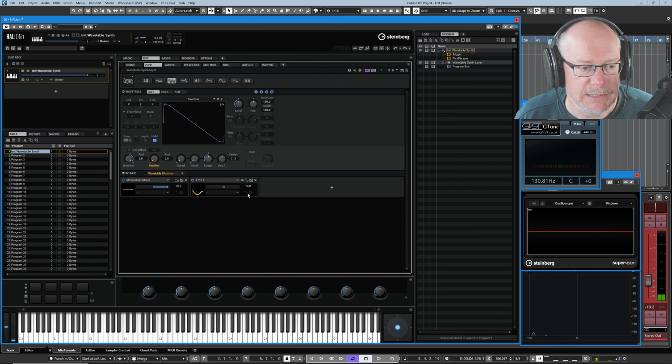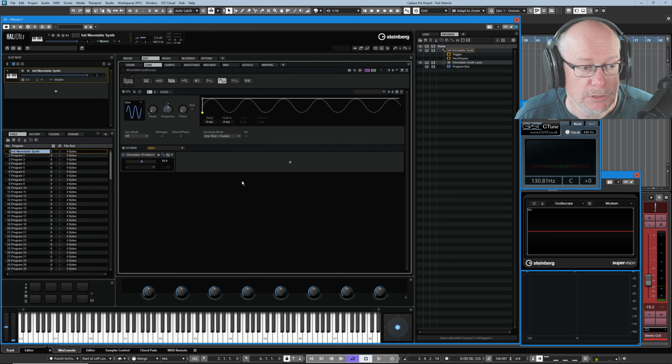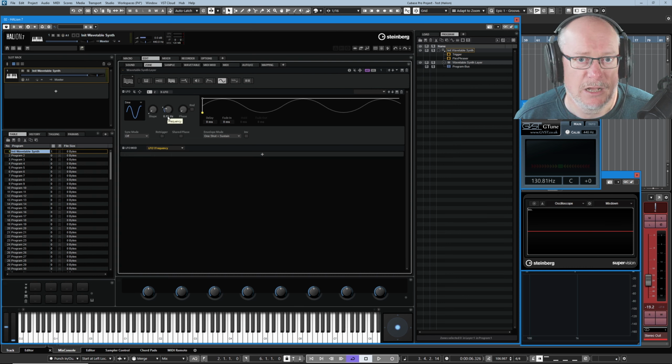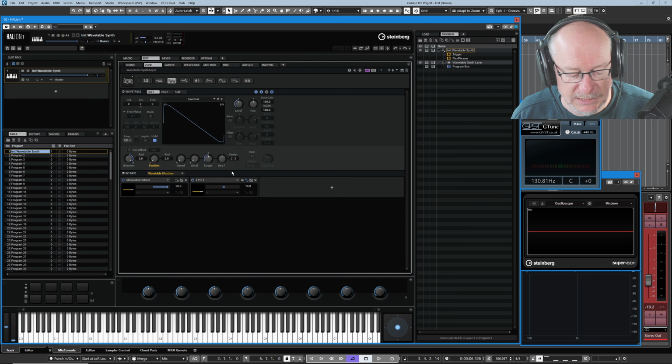Okay, I just want to slow that down a little bit. Nice easy way to do it. We can jump to source, and here are all of my LFO settings. Here's the frequency, and I'm going to set that to 0.15, which is about 6.5 seconds to complete a single cycle. Now that we've done that, we can jump back to the wavetable oscillator, and let's hear the sum effect